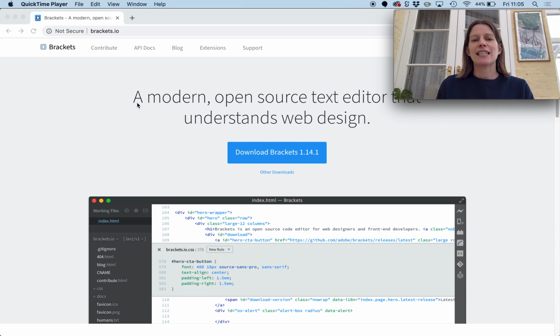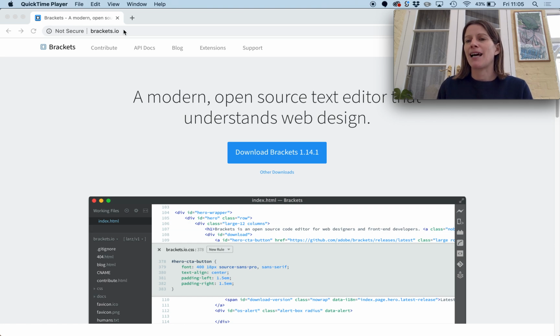So first things first, I'm using a MacBook here, but you could use a PC for this as well. Rather than having to use expensive software for this tutorial, I've decided that we should use something that's open access and free to everyone. That means as long as you've got a computer, you can download this software. So here I am on the website. It's called brackets.io, and Brackets is basically a very simple plain text editor for writing code, and it's ideal for